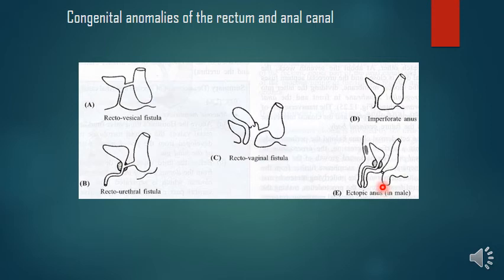So in ectopic anus, under normal conditions, the perineal body grows backwards and that separates the anal membrane from the urogenital membrane, right? But when the backward growth of the perineal body is arrested and the anal and the urogenital orifices lie close to each other, okay, in this condition. So in females, the anal and vaginal orifices may be situated within the vestibule, which is nothing but the cleft between the labia minora.